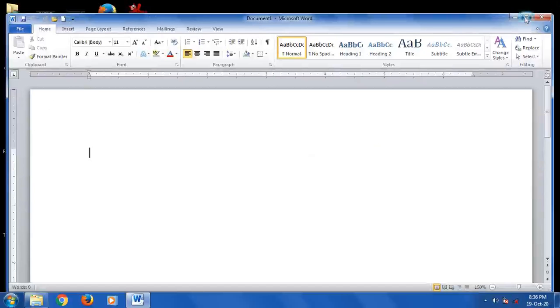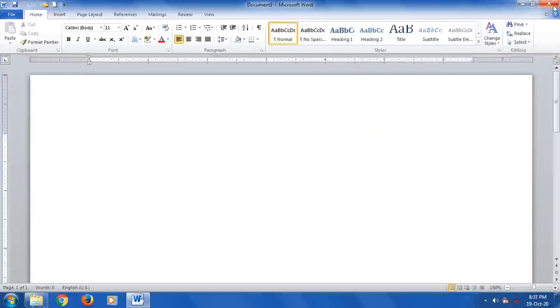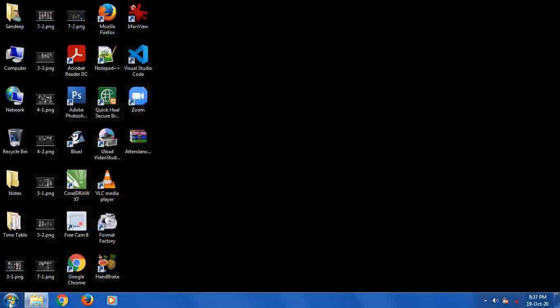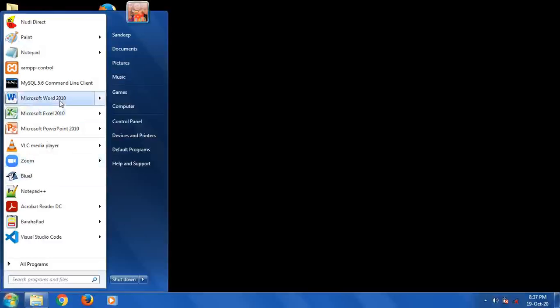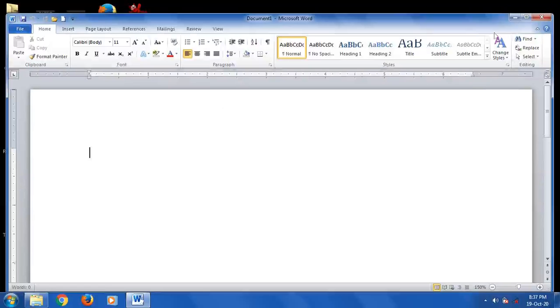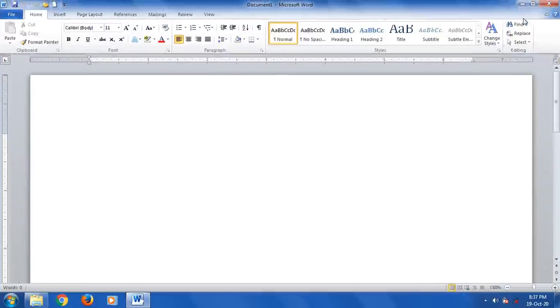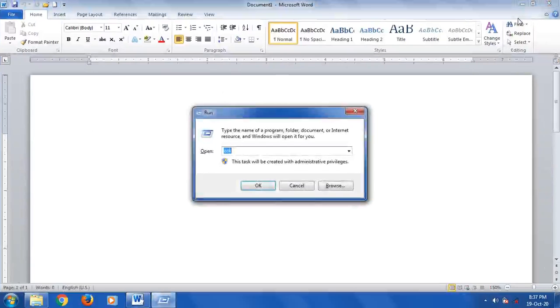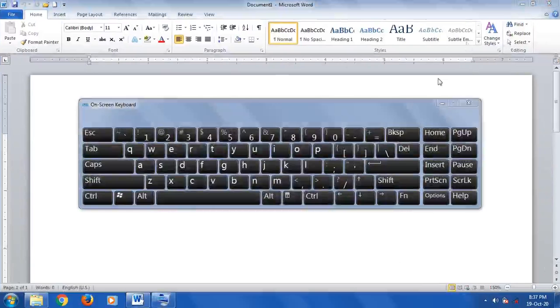Another option is here. On the top right corner you have a red colored button, which is the Close button. You can press that Close button also. And if you want to close this window by using a keyboard shortcut key, let me show you what the shortcut is.